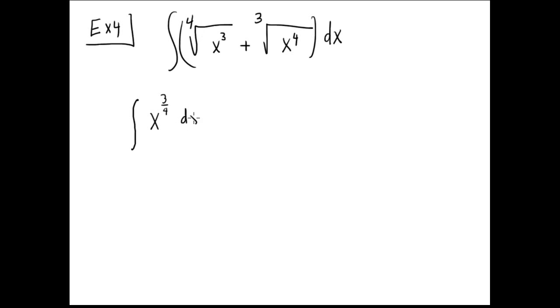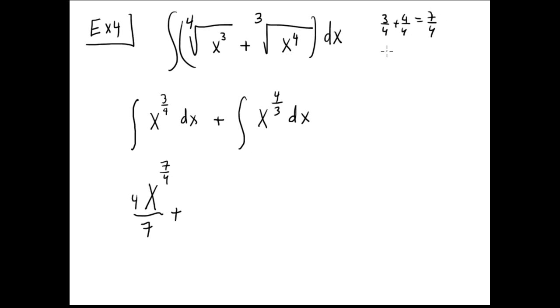Okay, dx plus antiderivative of x to the 4 over 3 dx. Okay, ready to apply the power rule. It is x to the 3 over 4 plus 1, which is 4 over 4, is 7 over 4. So the exponent is 7 over 4, divided by 7 over 4, the reciprocal of 4 over 7, reciprocal,